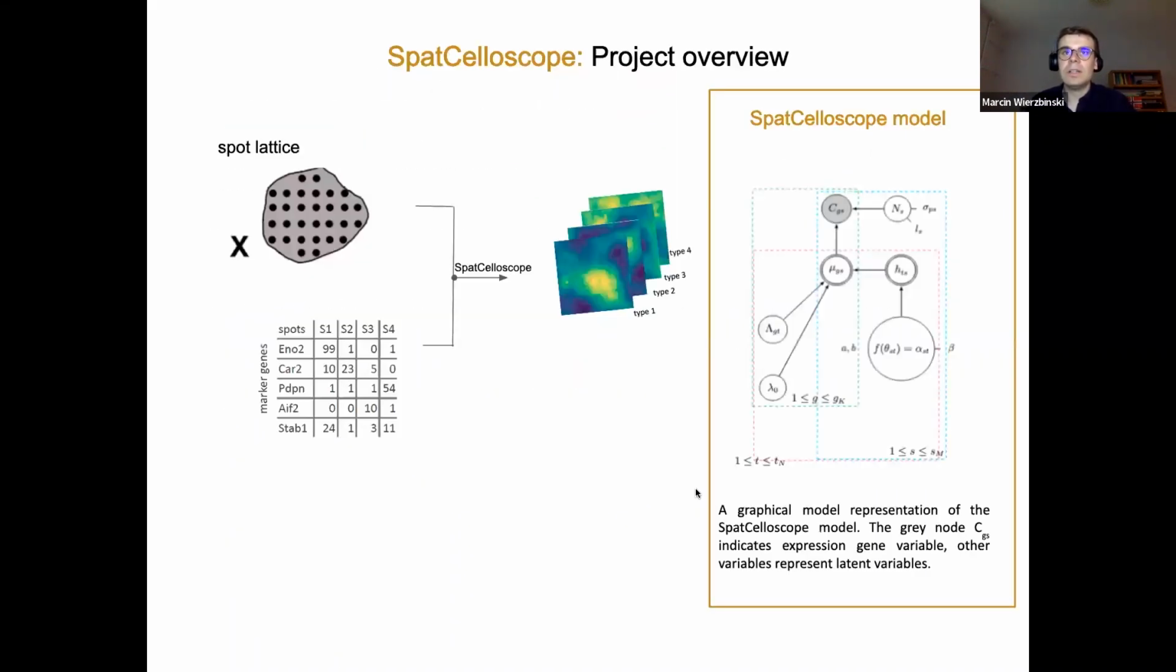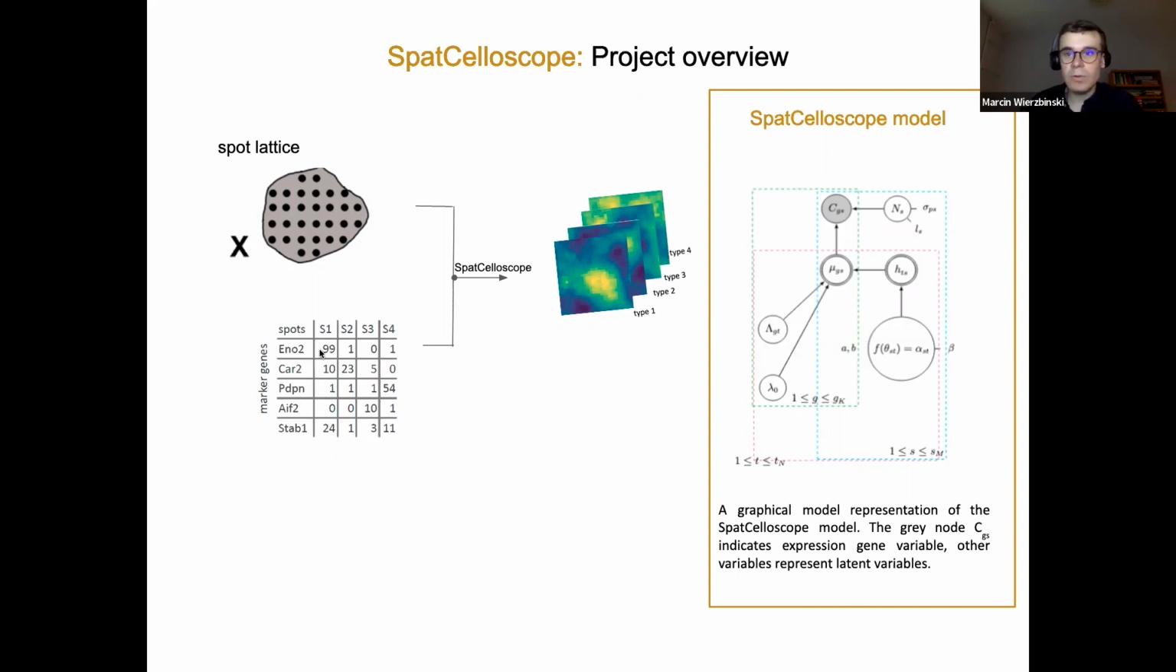So it means that our model needs only two pieces of information. The first is the information about the lattice structure. So it means that we have spots, the points are spots, and then this model takes this spot lattice into account as an input, and also a marker gene